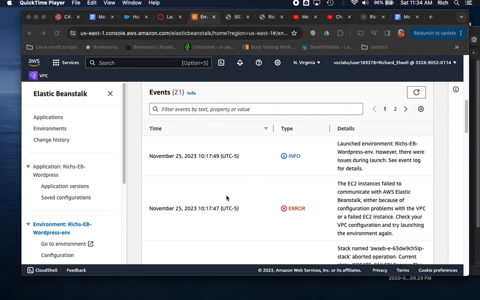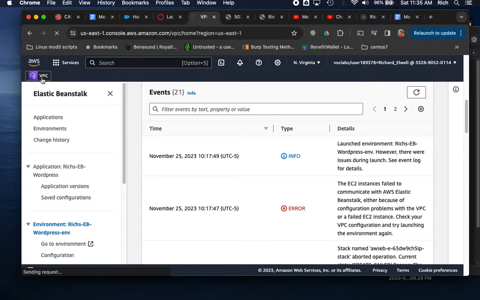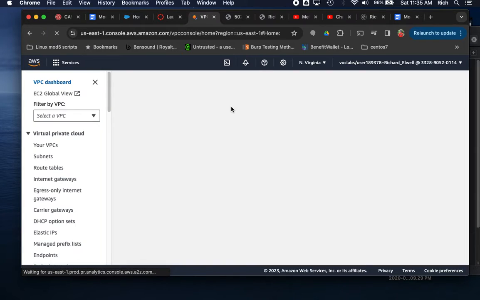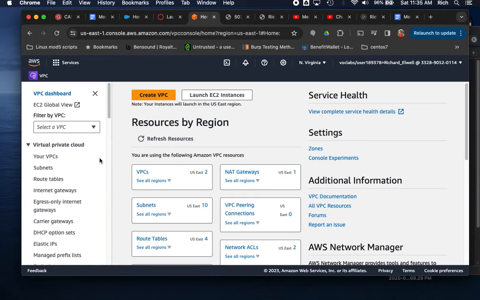And the reason it failed was because my VPC settings and the choices I made during the deployment did not allow it to work. So a couple of options we have when we go through the Elastic Beanstalk configuration is, do we put it in a public subnet or do we put it in a private subnet? And by it, I mean the instances that are going to be running our application. A couple considerations to make. If you put it in the public subnet,